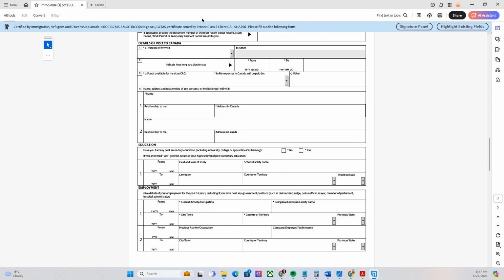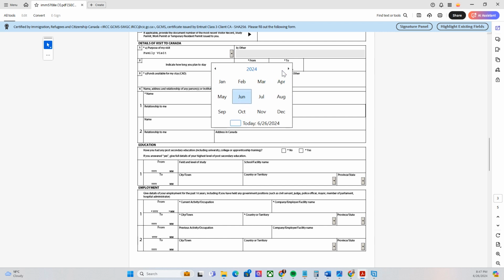Okay, so let's proceed with details of visit to Canada. Here it will still be asking what the purpose of your stay here in Canada is. If it's business, tourism, and so on, just indicate here or choose one of these options. Here we will just put family visit, and indicate how long you plan to stay. From the start date, that's the date of your last stay here in Canada. For example, that will be